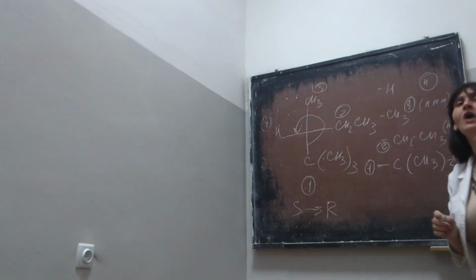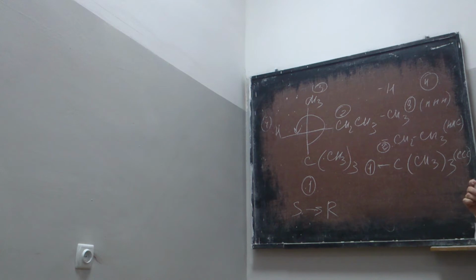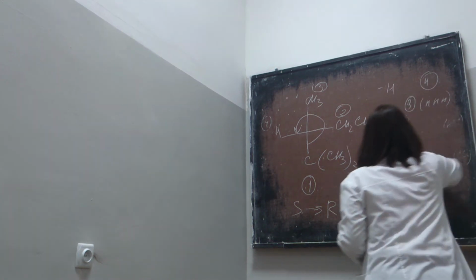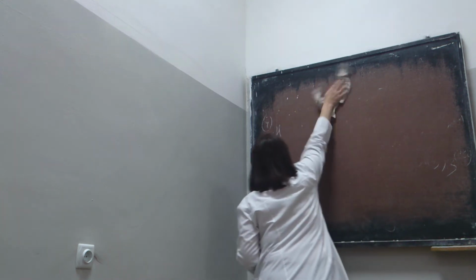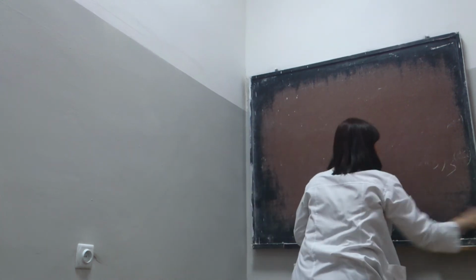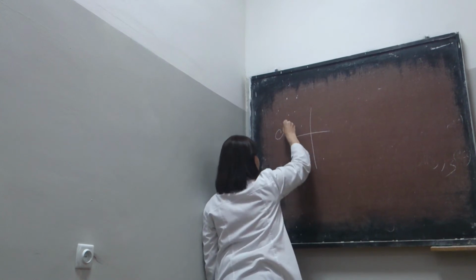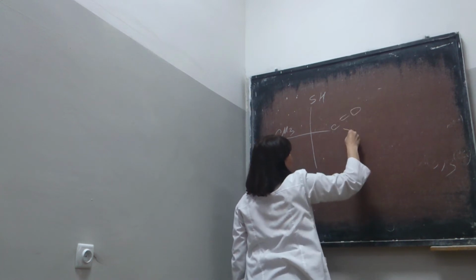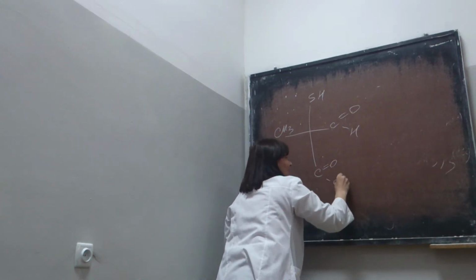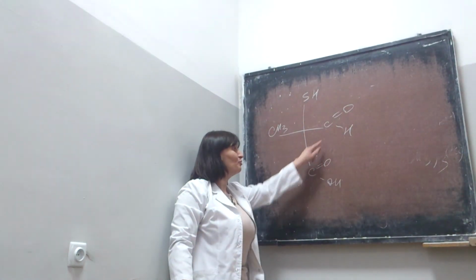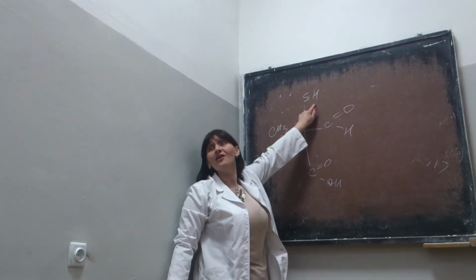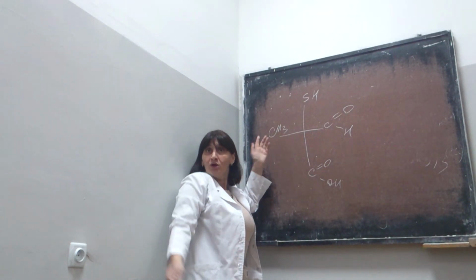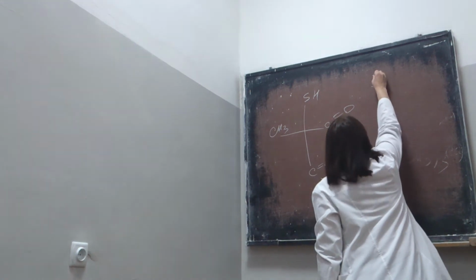Now remember please, now another question. If you have in the substituent double bond or triple bond, what you have to do? For example, if you have this structure, so aldehyde group, carboxyl group, SH, thiol, and methyl group. What about this one? Here, you have SH,